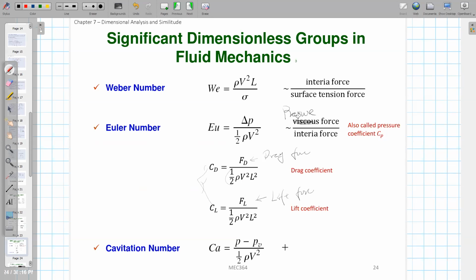And if you consider a two-phase problem, like if you have a liquid, and you try to reduce the liquid's pressure, in some cases, if the pressure is reduced, at the interface between the liquid and outside,